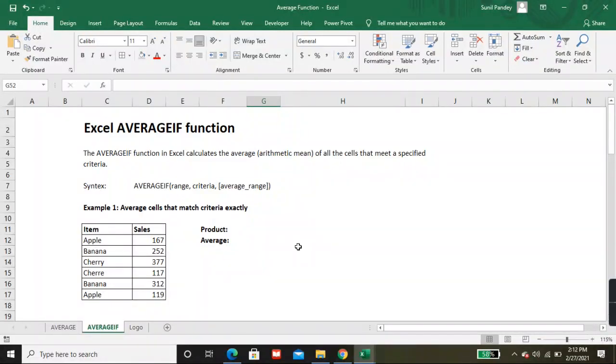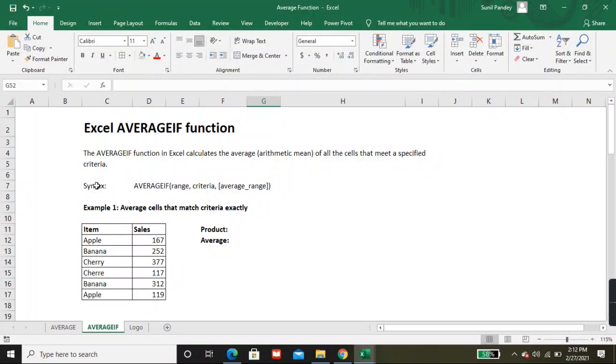The average is simple. You can select a range of numbers and you get the average. But the average if function in Excel calculates the average of all cells that meet the specific criteria. Means in average if you can give the criteria to calculate the average.